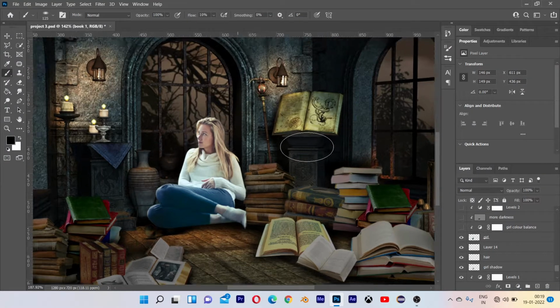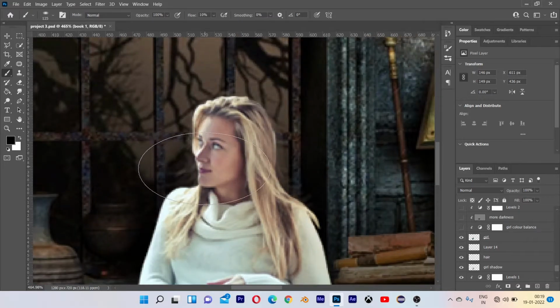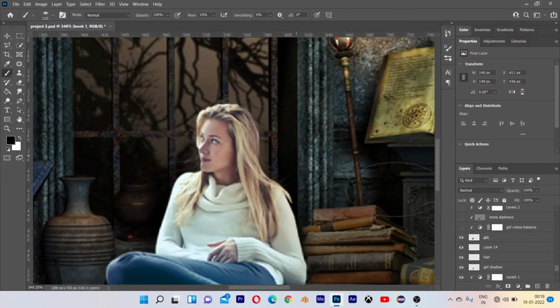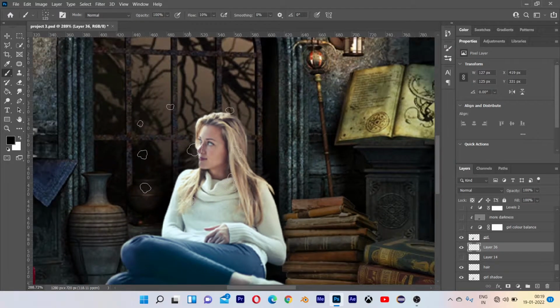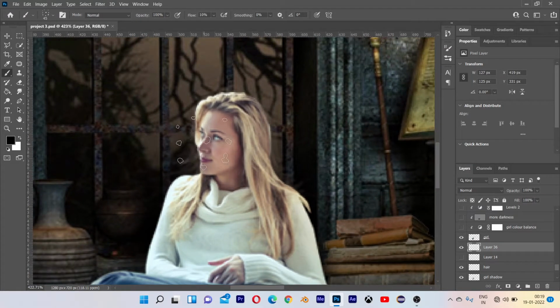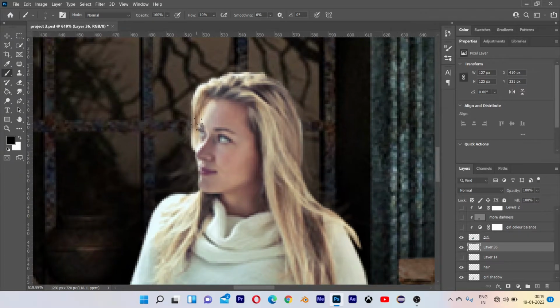and we will draw some hair. So for hair, make a new layer, hairbrush selected, decrease the size of the hairbrush. Pressing Alt, select the color from her hair and draw it.